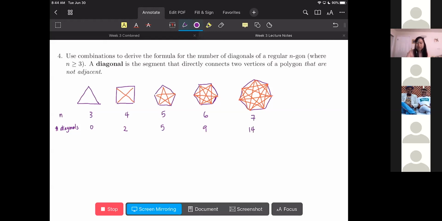All right, so we've done a couple examples. Anyone have any questions about what the problem is saying or what we're trying to count? All right, so now let's see how we can actually derive the formula for number of diagonals by using counting and combinations. So if we think about a diagonal as a segment that directly connects two vertices of a polygon that are not adjacent, we could count this by saying